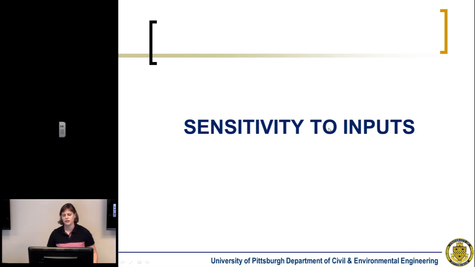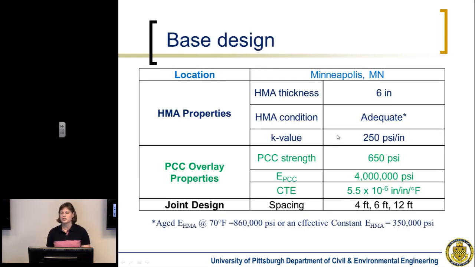and then go through some design examples or case studies. We're going to establish a base design, and then we'll vary these inputs from these base values. So we're assuming that this overlay is constructed in Minneapolis, Minnesota. The asphalt thickness after milling, just prior to the placement of the overlay, will be 6 inches. The HMA condition is adequate, so you have about 0 to 10% fatigue cracking. The composite K value of all the layers below the asphalt then will be 250 psi per inch, so pretty